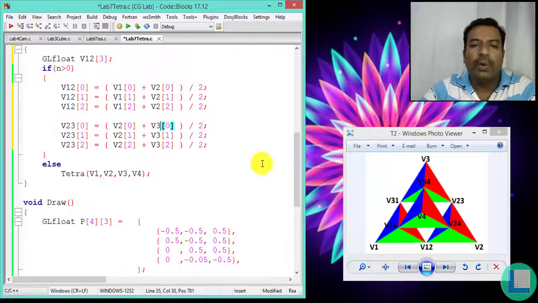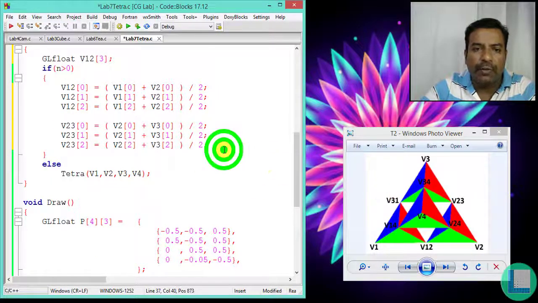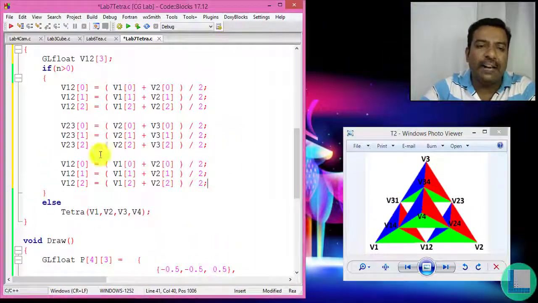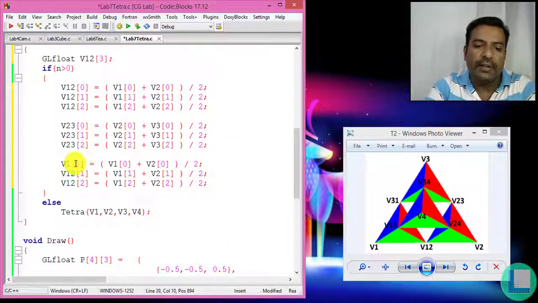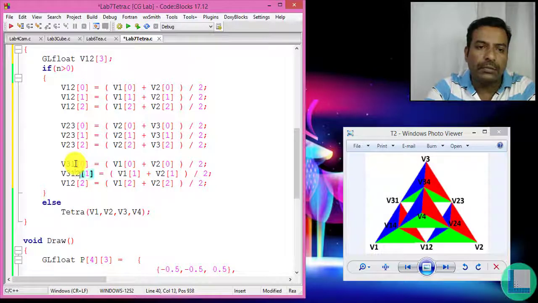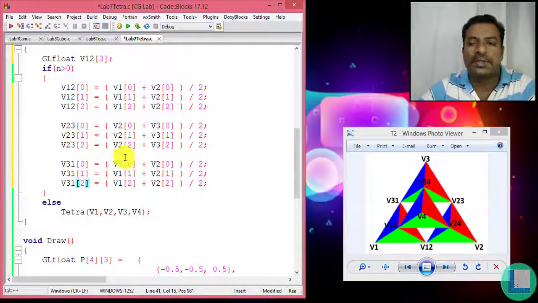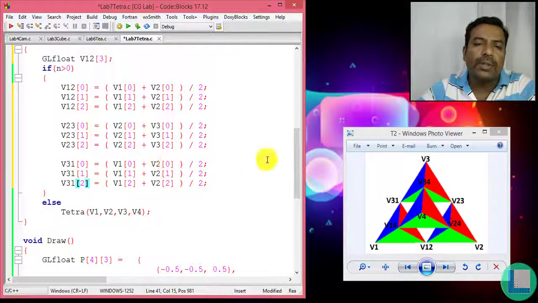Similarly we are going to find the midpoint between v3 and v1 as v31. So similarly, I'm just going to complete this.